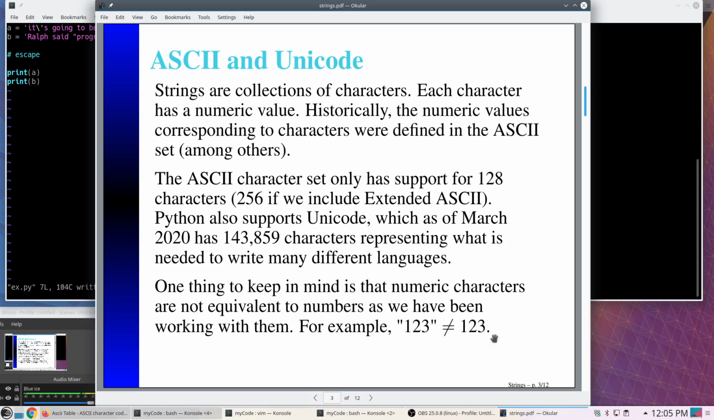Python supports Unicode, which as of March 2020, and I'm creating this video in August of 2020, supports 143,859 characters, which means it can represent many, many different languages. We'll look at both of these here in a second, but one of the things to keep in mind before we leave this slide is that strings that look like